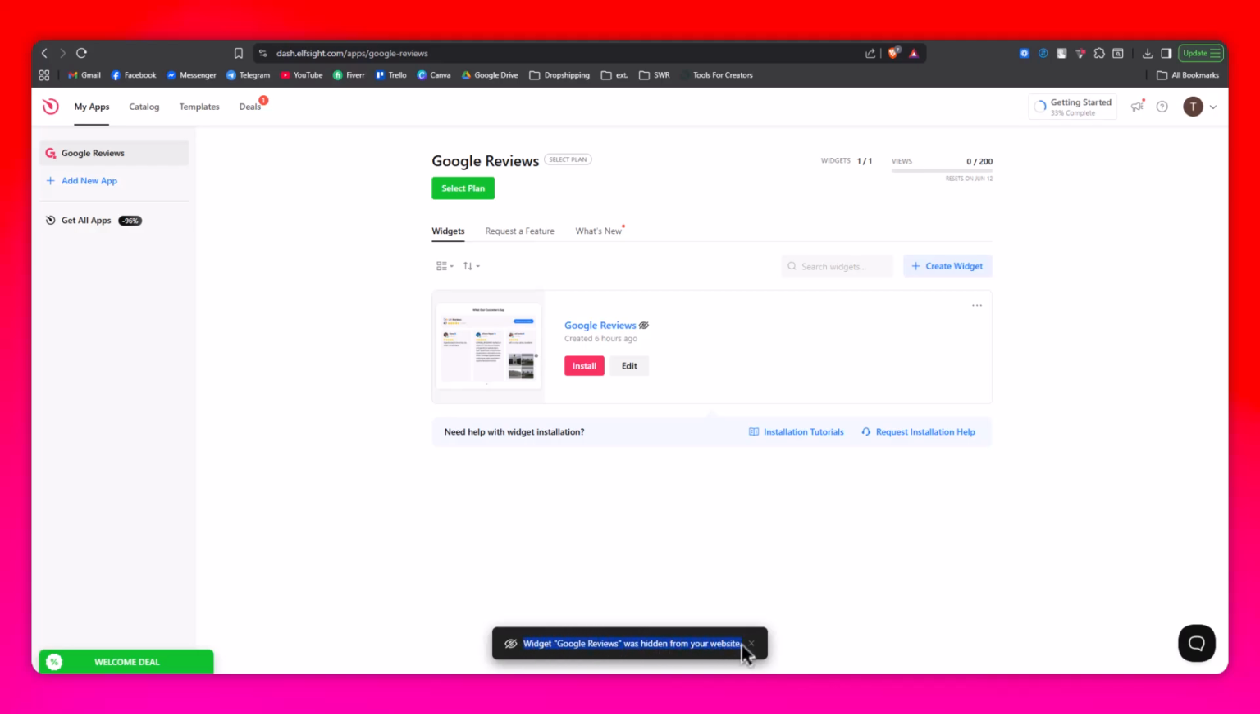in your dashboard. This means you can still access the widget later, edit its settings, or make it visible again whenever needed. It is a good option for older widgets that you're not currently using, but do not want to permanently delete. This method works like an archive because it keeps your widget available for future use while removing it